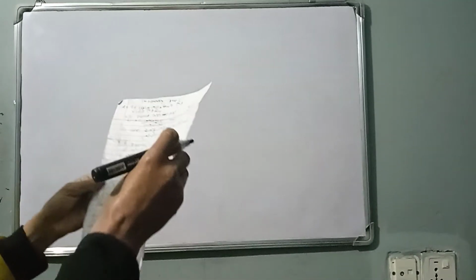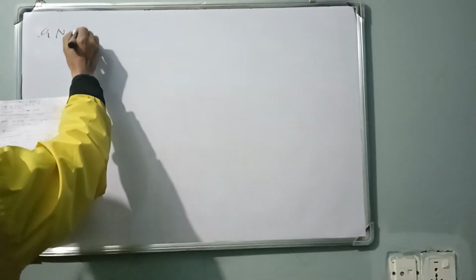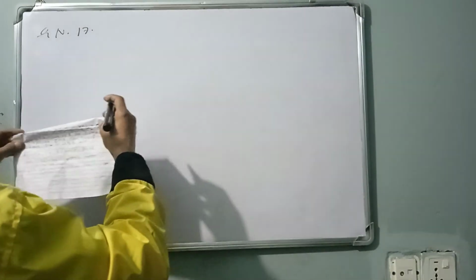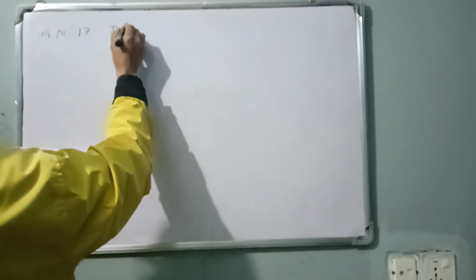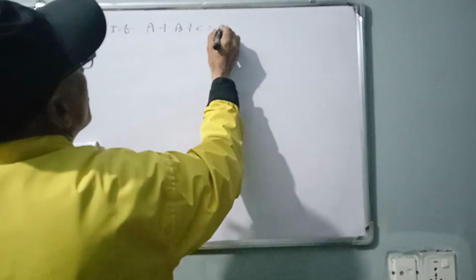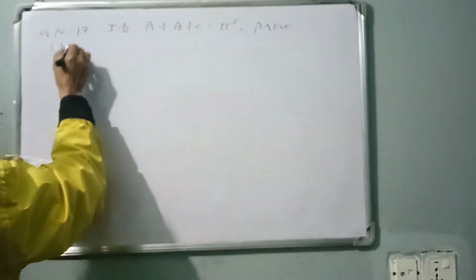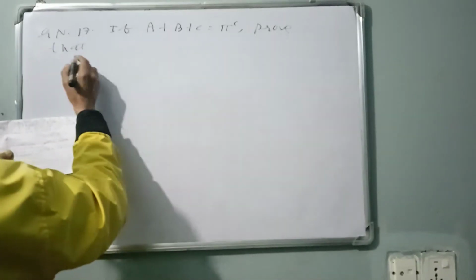Question number 16, now question number 17. Question number 17: if A plus B plus C equals pi radian, prove that